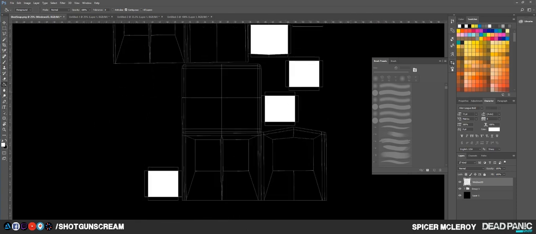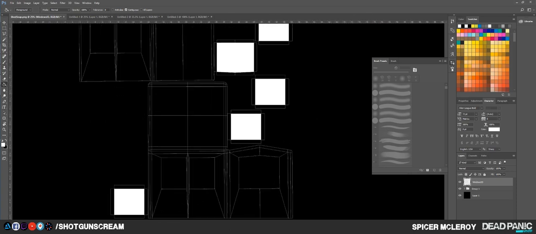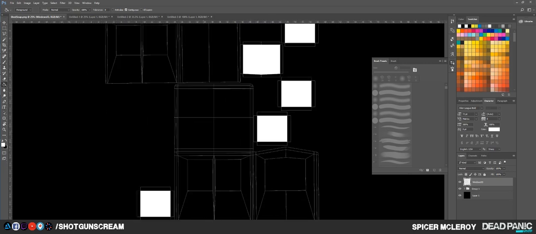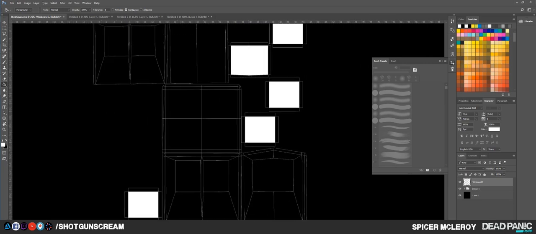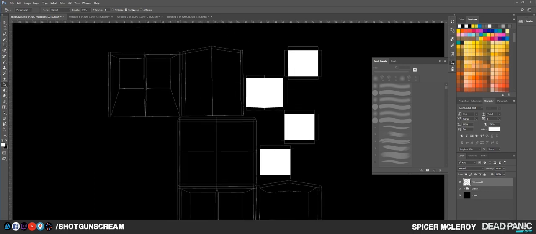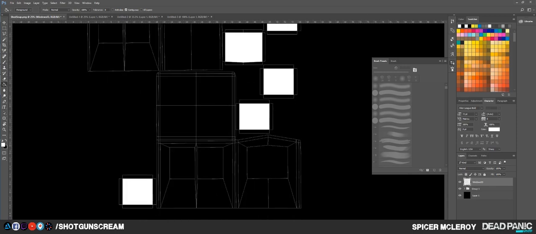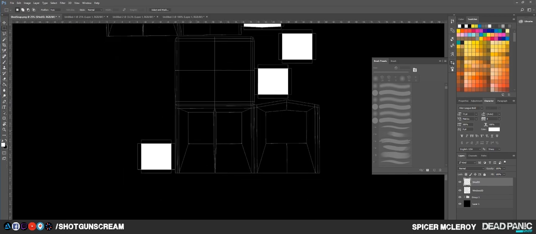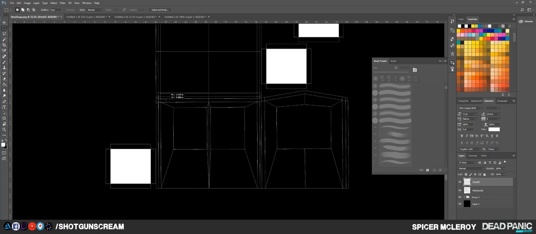Now what I'm going to do is do the same thing for each one of these parts of the shed. So we have the front and 3/4, and then we have the back, and then the back side, right? So I'm going to create a new layer. I'm going to title this Shed ID. I'm roughly just going to start coming in here and using my selection tools,